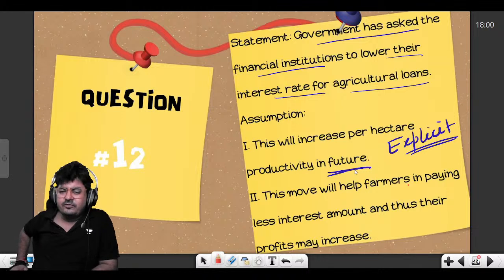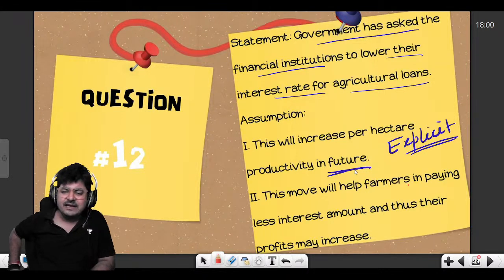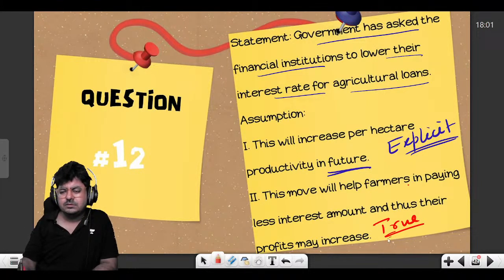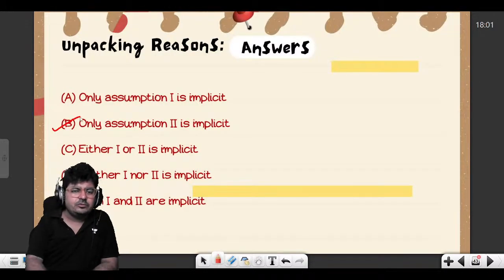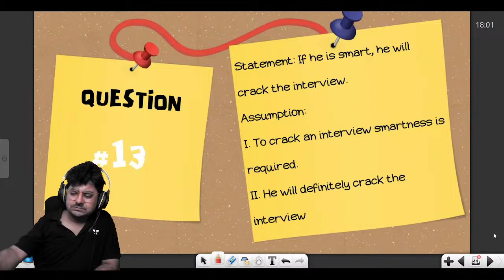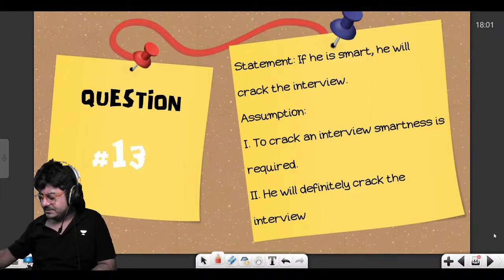Second: this move will help farmers in paying less interest amount and thus their profits may increase. True. So it is an implicit assumption. Implicit, matlab only the second assumption is implicit. Correct? Clear? Next, think like this. गरीबों का भी सोचना है भाई।